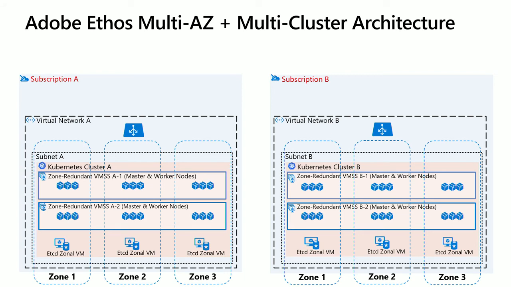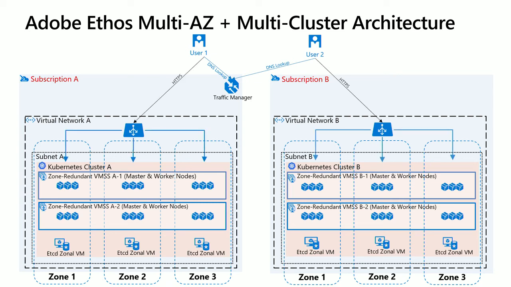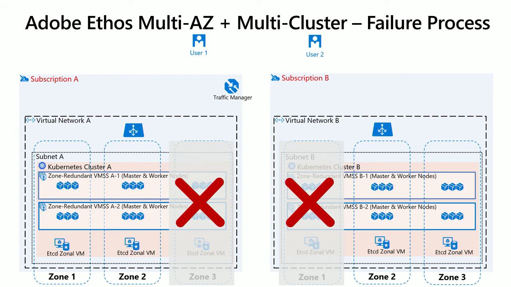And so we have to make sure we take into consideration a subscription as another thing that we look at from a scaling size limit, which can have impact on our customer experience. So we take the example we had before, and we put Traffic Manager in front of it to distribute across multiple scale sets, or excuse me, multiple clusters that have multiple scale sets built into them. So we take it a step farther, and then we give guidance to the application teams to deploy across both of those clusters. Okay? Now, a failure in that case, notice I lost a zone, and in one subscription it's